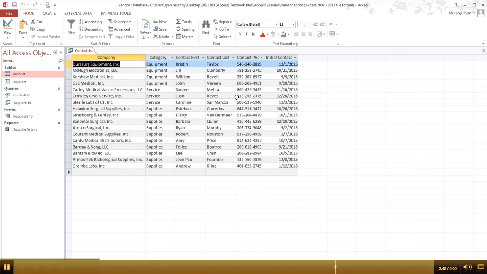Okay, then in the next step, this is step 4. This time it says use the contact list query datasheet to update the supplier table by changing the phone field. So this is what this is saying. It's kind of confusing in my opinion the way they word it, but what they're getting at here is that if I make a change here, it will go back to the table. I'm in the query right now, the contact list query, but if I change this